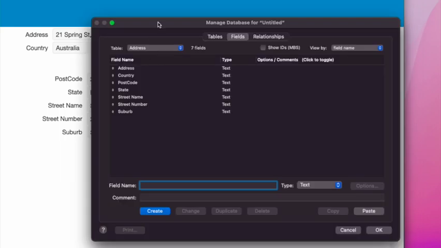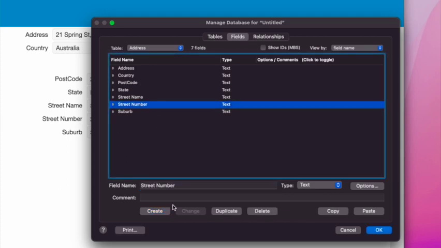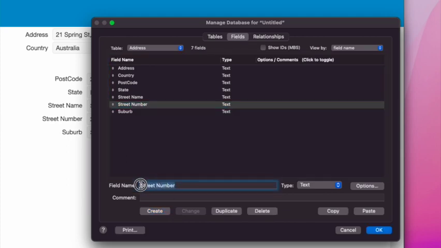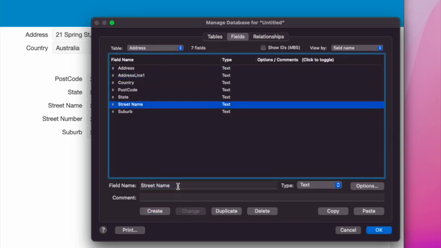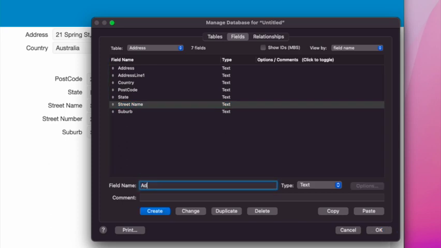Now, the other thing I'd like to point out here is I've put field names like street name, street number. I think it's better to actually have something a bit more generic. Addresses all around the world vary greatly, so I think it would be best to name them something like address line 1 or address line 2 and so on, whatnot. I just think it's a bit more generic and a bit more universal, because there are just so many different variations in different countries. You might even have things like building names,